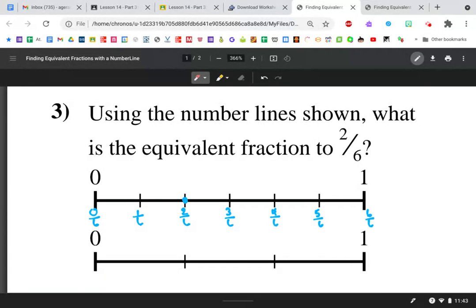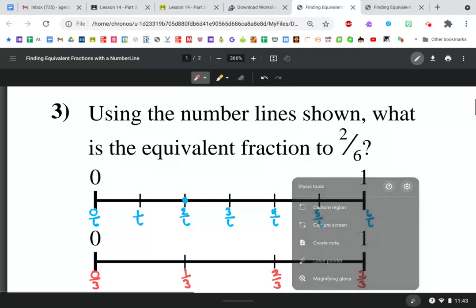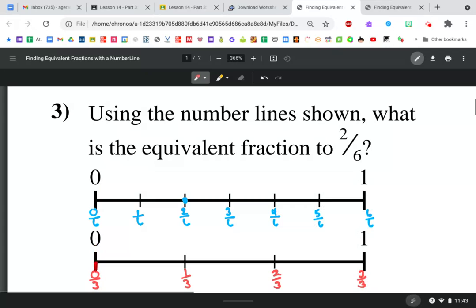Let's see how many parts. Starting at 0, 1, 2, 3. 3 parts. So we have 0 thirds, 1 third, 2 thirds. Let me fix that 2 a little bit. And 3 thirds. Okay. Now, because these number lines, and all of them today, are identical, they start at 0